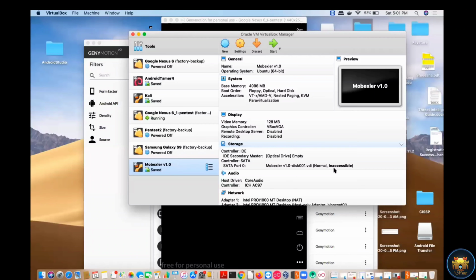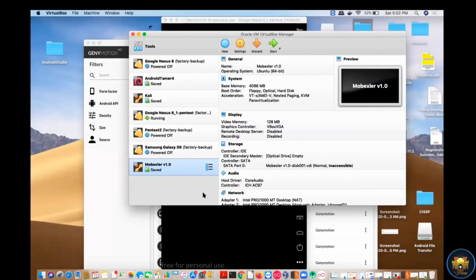There is one more virtual VM available in the market, which is developed by the Encipher team, called MobileXer. Why is it completely different from all the other virtual VMs already available in the market? MobileXer gives you the platform for doing penetration testing for both iOS as well as Android.